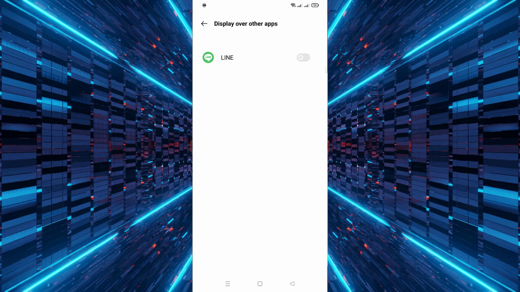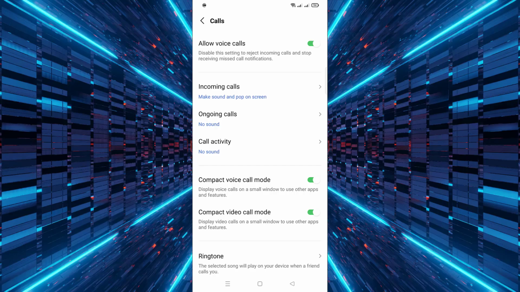Once you turn it on, your phone settings will open automatically. Here, you need to enable display over other apps. Turning on this feature allows voice calls to appear on a small floating window while you continue using other apps without interruption. Finally, you can go back to Line and make a call to see the compact voice call mode